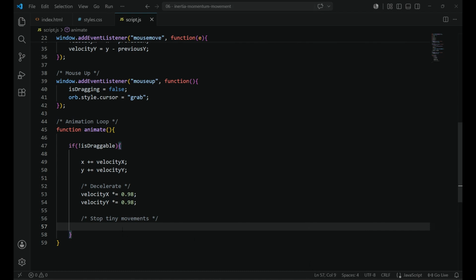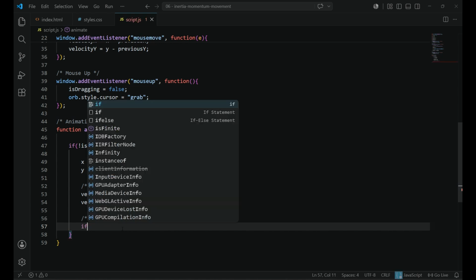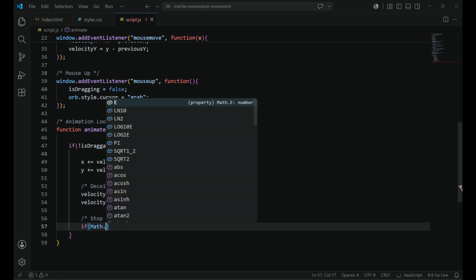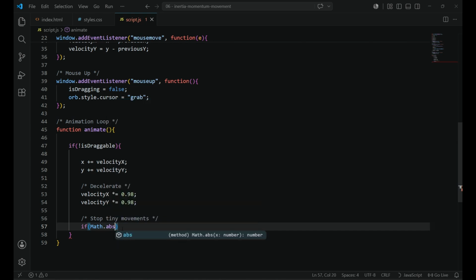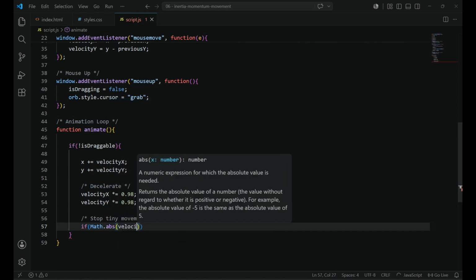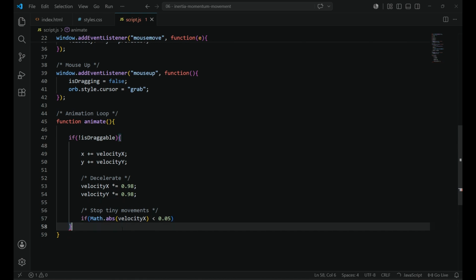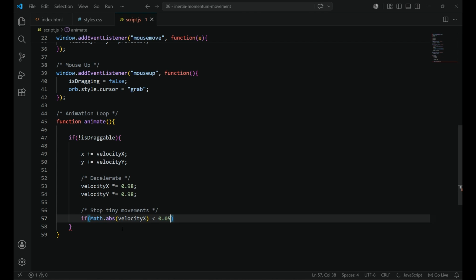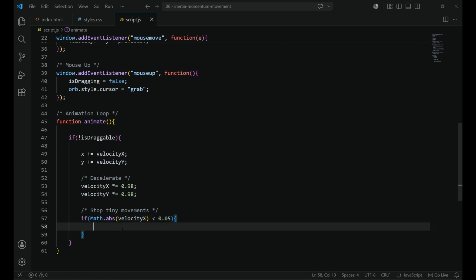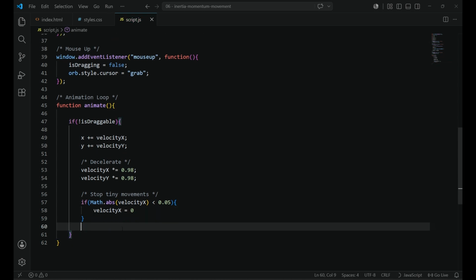So I'm using if logic. I'm using the Math.abs absolute method for the velocity value, velocity x, only if it is less than 0.02, we set velocity in x direction as 0. Similarly, for the y direction,